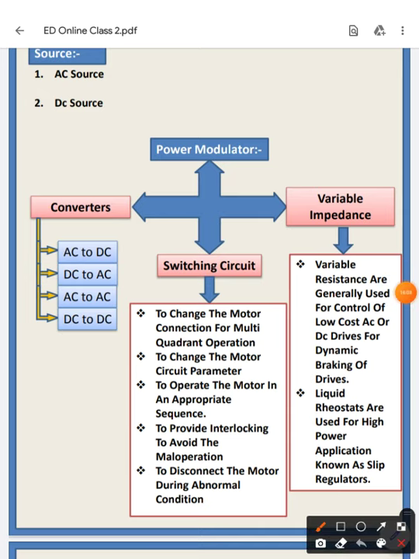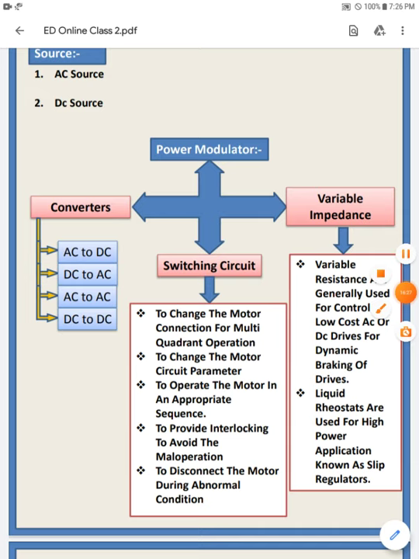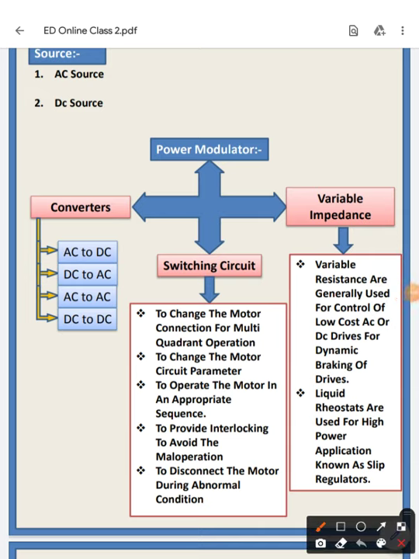Next, to operate the motor in an appropriate sequence. Suppose the motor is rotating in the clockwise direction and we need to change the direction of the motor to anti-clockwise. In that case also we need the switching circuit. So three basic things we have learned here. One, the switching circuit is very useful for multi-quadrant operation. Next, for changing the motor circuit parameters. Next, to operate the motors in an appropriate sequence. And next, to provide